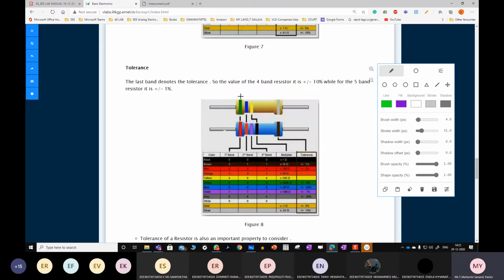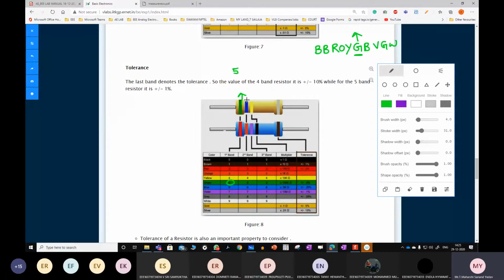Can you tell me the value for this? Here G stands for green. So what is the color code for green? If you're having doubt, make a note like this: BB ROY, Great Britain with great wife. So here green. What is the value for this? Value for green is 5.